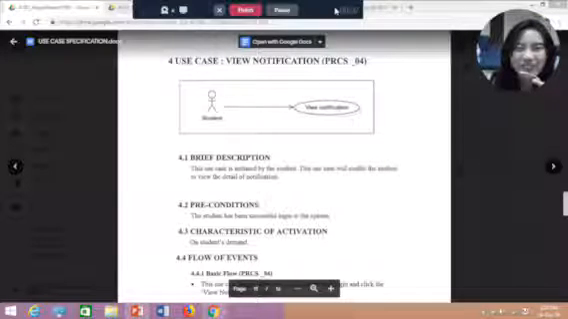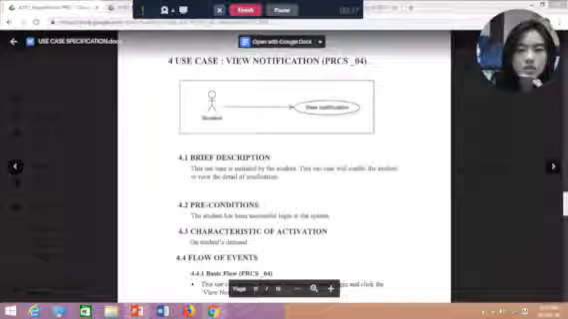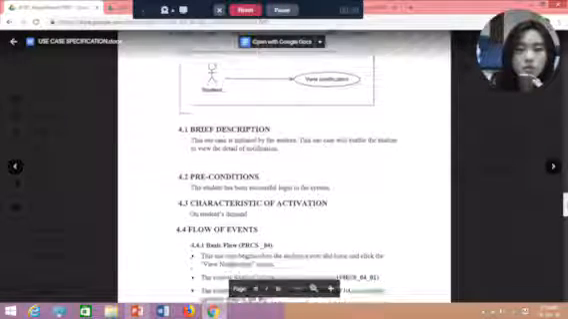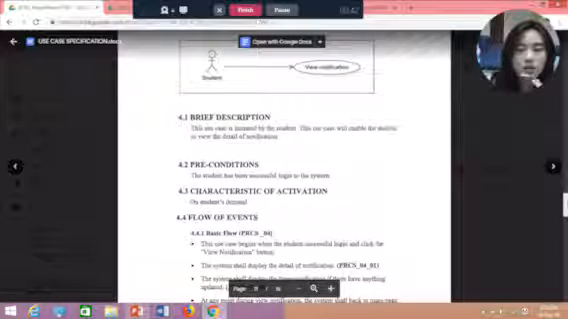Now I want to present about the use case, which is view notification, and the ID is PCRS_04. This use case is initiated by the student, and the view notification is only available for the student to view the detail of notification. The precondition is the student has successfully logged into the system, and the basic flow is when the user successfully logs into the system,